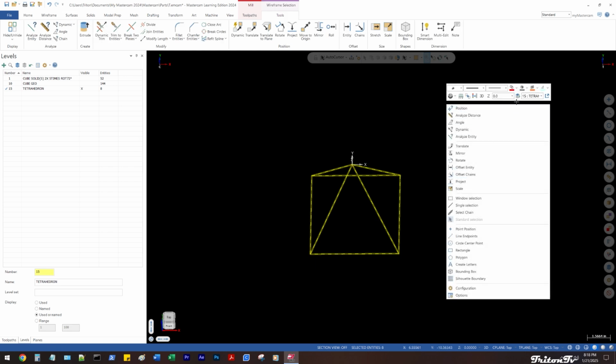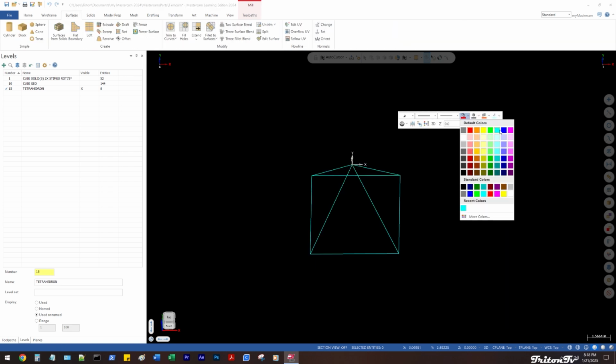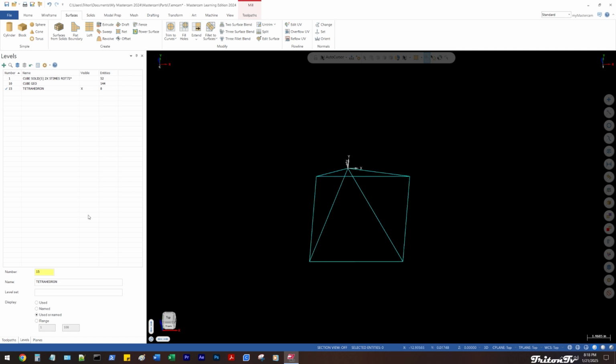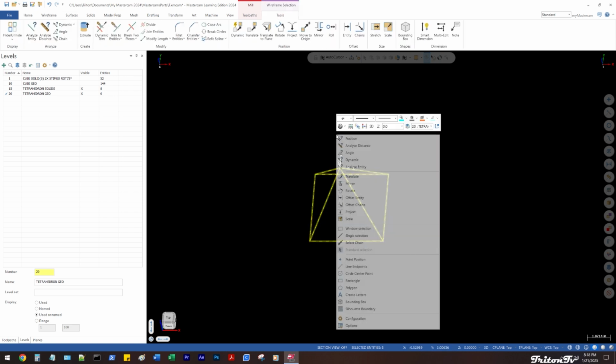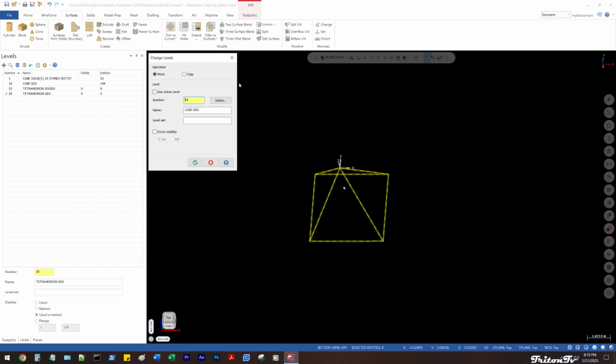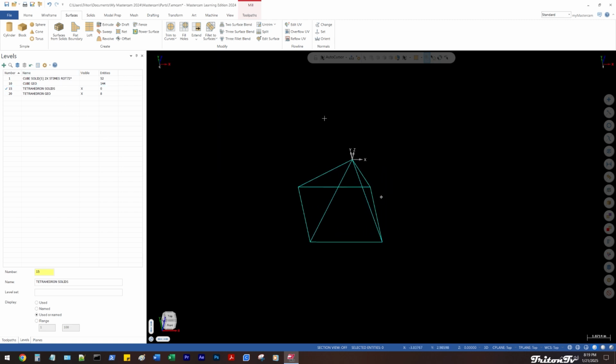And you know what? We're going to make each solid a different color. So we're going to go with this blue color here. So this is going to be called tetrahedron solids. And then level 20 is going to be tetrahedron geo. So with our main level selected, I'm going to highlight my geometry. I want to move levels. Right click, left click on the change level, move to the active level, and then make sure my tetrahedron solids is